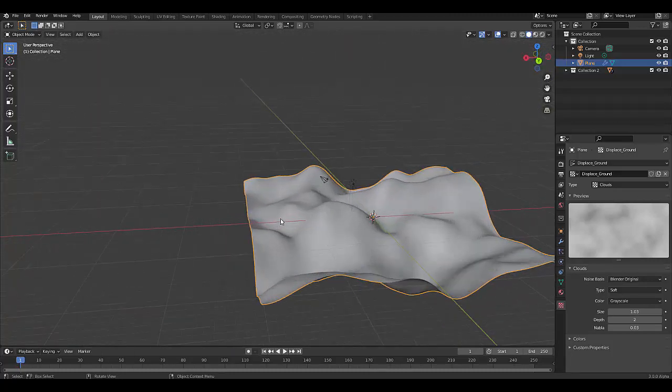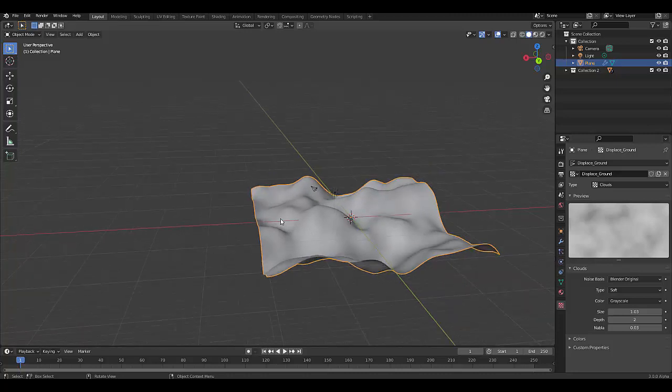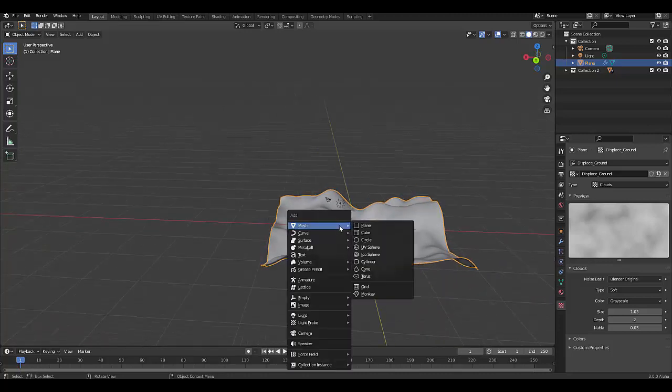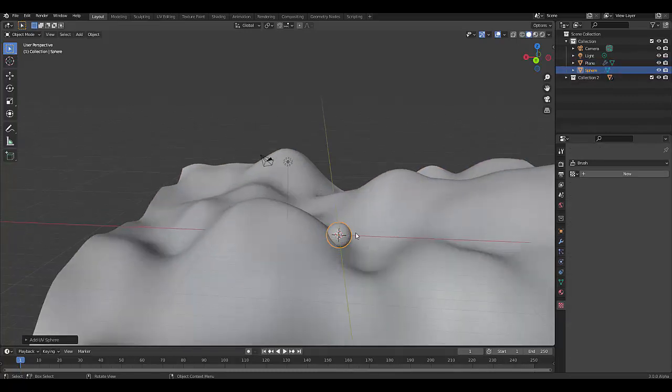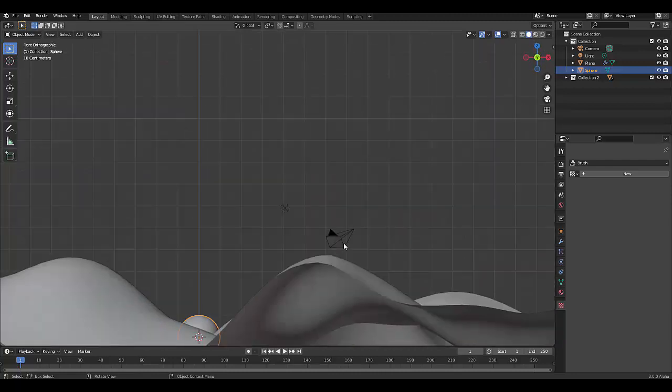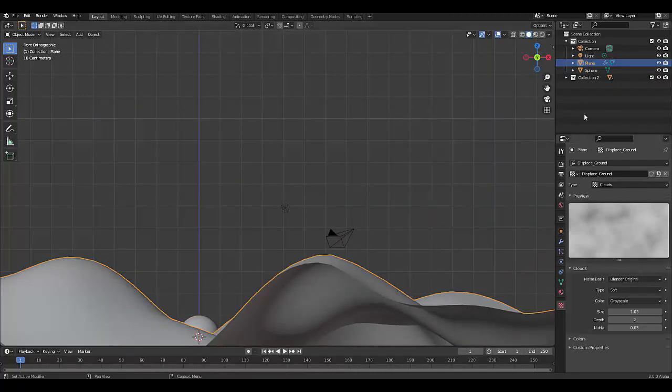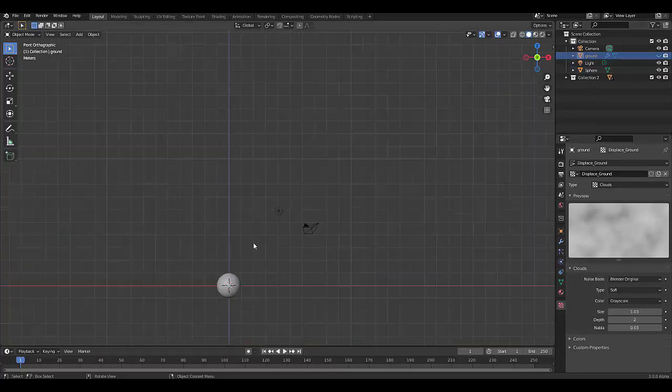And now we've got that. Let's create our core object, which is Shift A, Mesh. We're just going to use a UV sphere, which at the moment is the perfect size in comparison to the rest. Numpad 1, select the ground. Let's name this plane ground, and then I'm going to press H to hide it